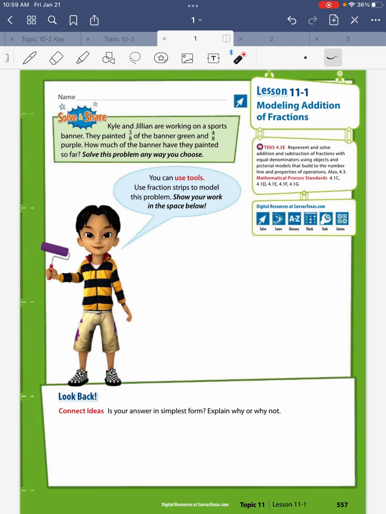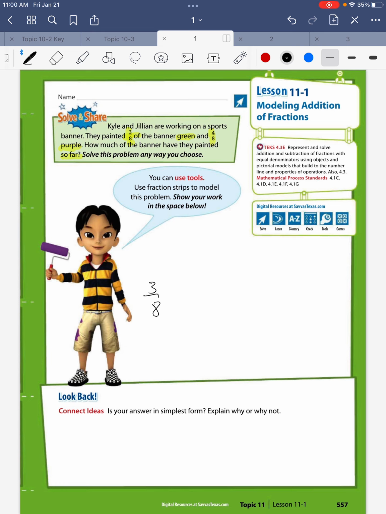So Kyle and Julian are working on a sports banner. They painted 3 out of 8 of the banner green and 4 out of 8 purple. How much of the banner have they painted so far? Okay, so